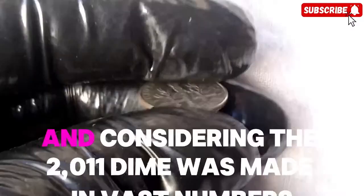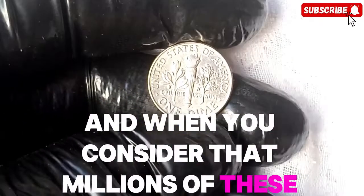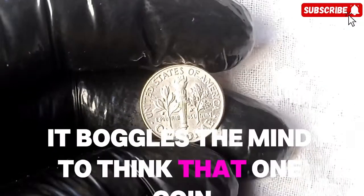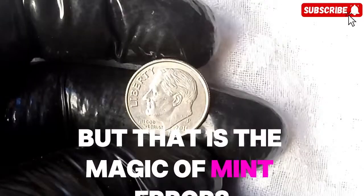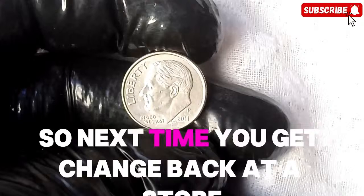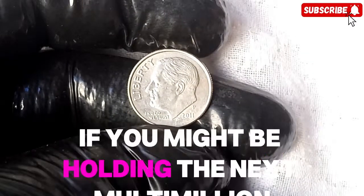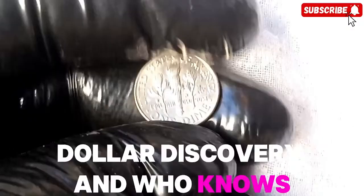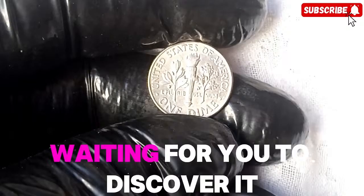And considering the 2011 dime, when you consider that millions of these coins were produced and distributed through banks, it boggles the mind to think that one coin out of those millions could be worth nearly $100 million. Errors and collector demand can elevate the humble dime to the status of a prize. If you get change back at a store or find a coin on the ground, take a closer look. You never know if you might be holding the next multi-million dollar discovery, and who knows, it could be a 2011 dime that no one has seen before, waiting for you to discover it and change